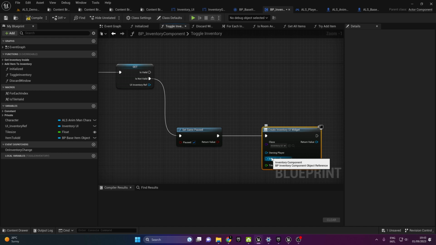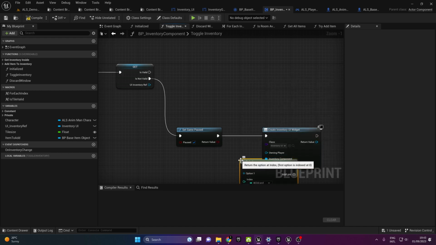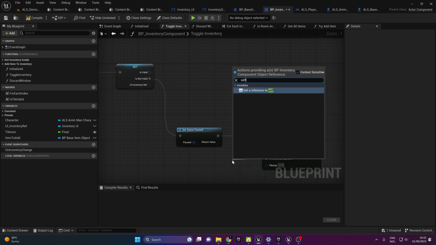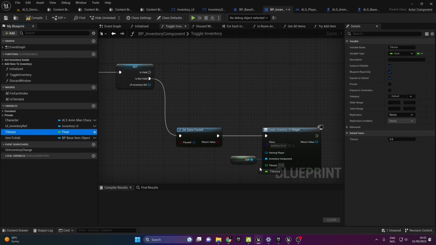For this one we'll do self. Oh, sorry, this one will do self for the inventory component, because we are already in the inventory component, so we do self. And for the tile size, we'll do tile size here,